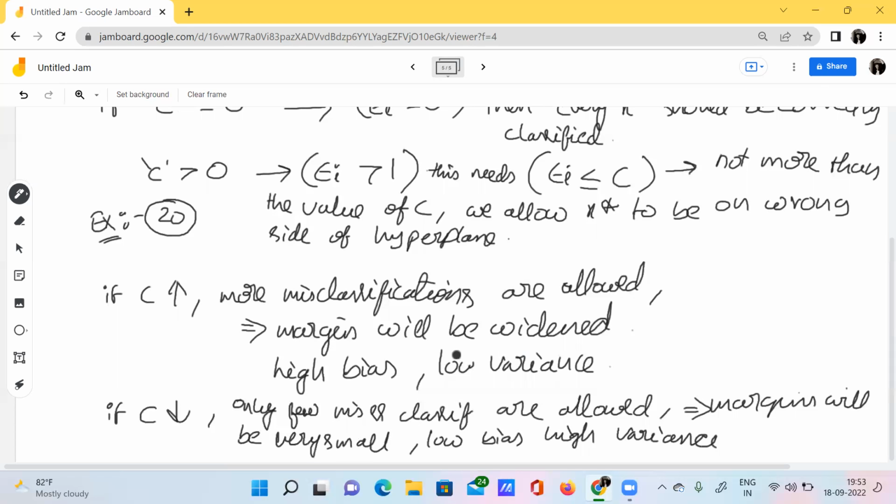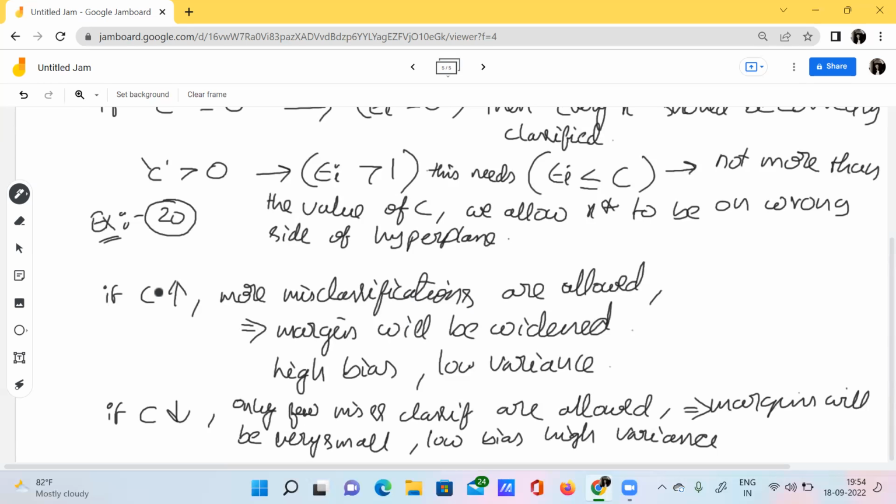I'll explain what happens if we have this high bias, low variance, and what happens if we have low bias, high variance. But just remember this in mind, and also take a screenshot of this, or no worries, because at the end of the video, I'll be sharing all these Jamboard files inside the description. So don't worry. Just concentrate on the content here, right? If you understand this concept, then you can definitely answer any questions that belong to support vector machine.